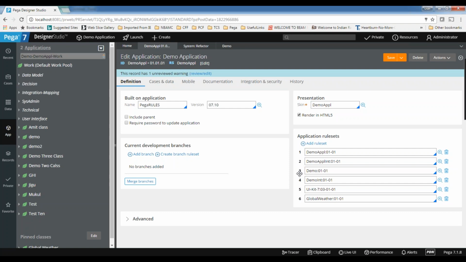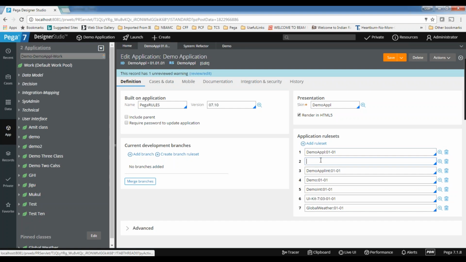Suppose we want to add a standard rule set, can we go to add rule set and add it ourselves? Yes, that's what I showed. You can just click the plus symbol to add the rule set. After that, we can change the order also? Wherever you want, based on the requirement. Based on the nature of the rule set you are creating, you can keep it in the corresponding place wherever applicable.